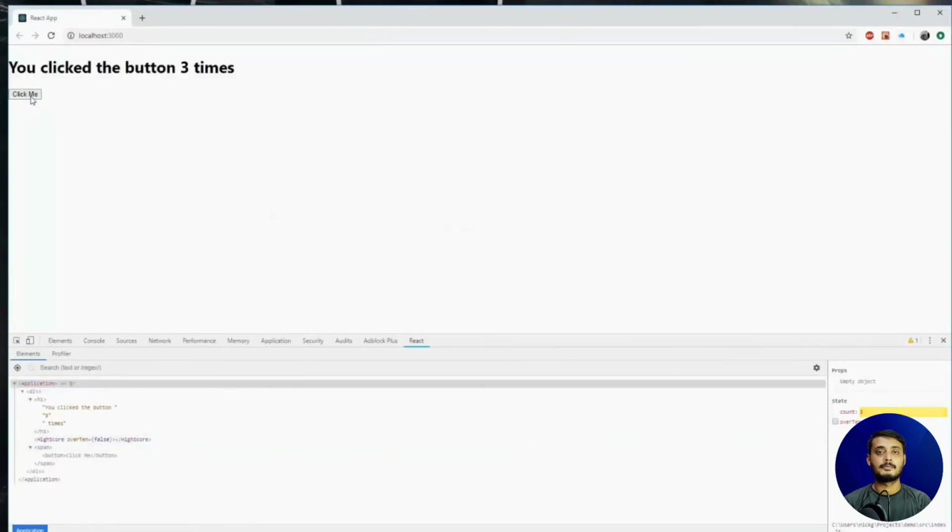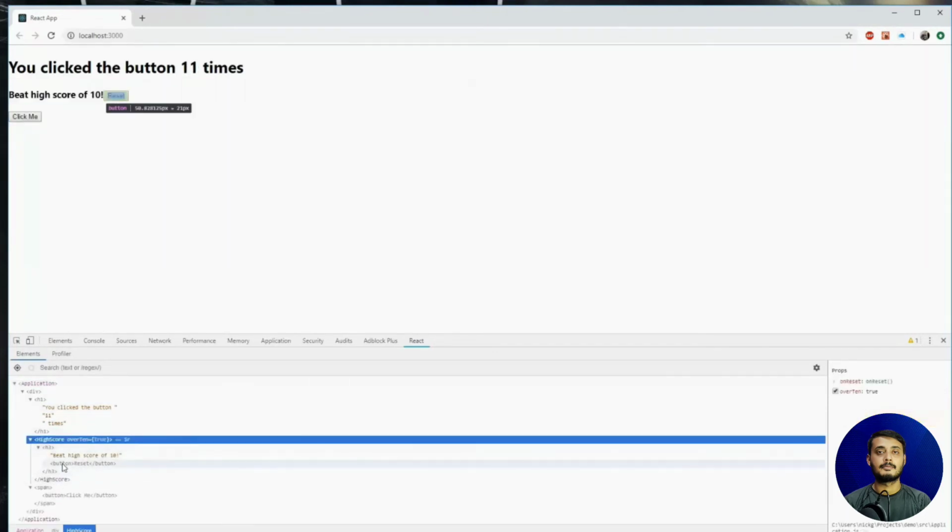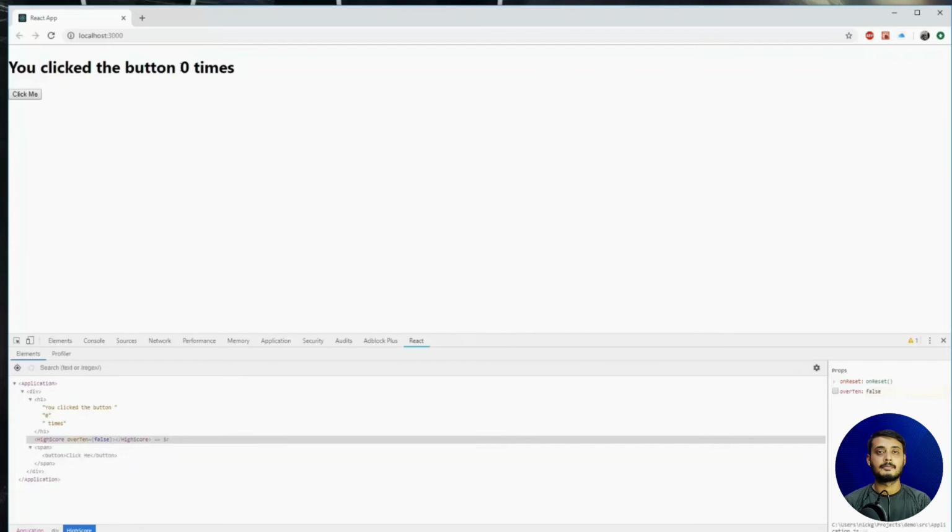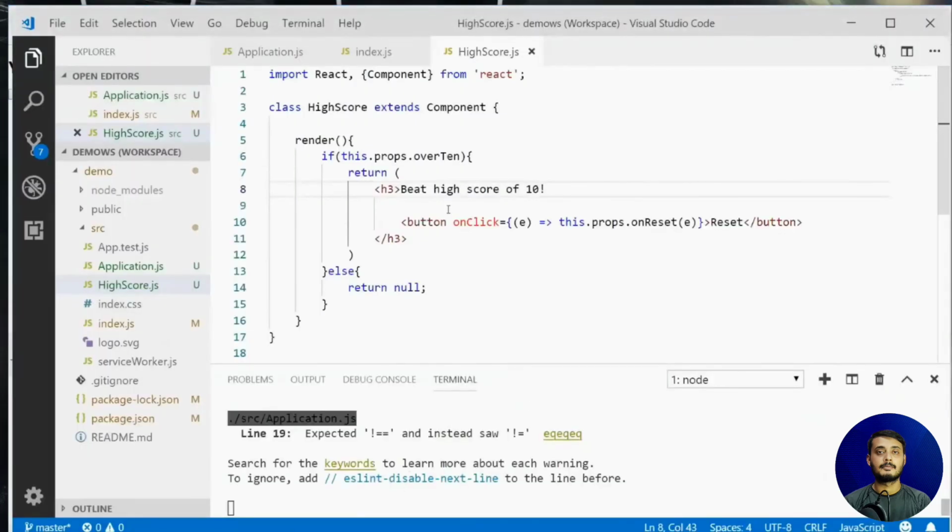Okay, so now we have got the high score of 10, and we see the component render here. There's a button, and when we click this, it's going to reset the parent to 0 and over10 to false. So reset and return the state of the application to default, which was 0 and false. Now by default this button click takes an event parameter. So what we can do is, when the function call is a property function or any other function that takes a single parameter being input and output,